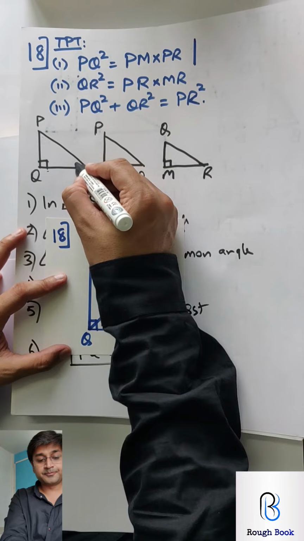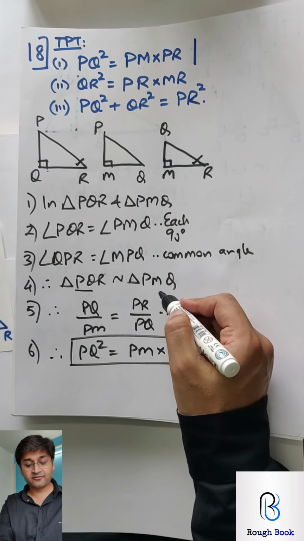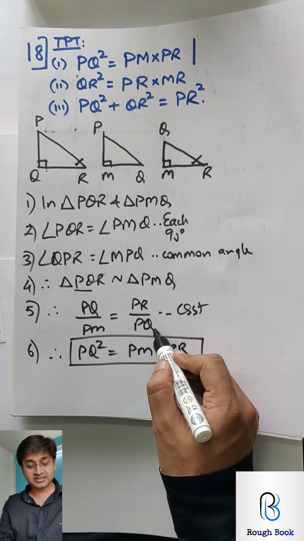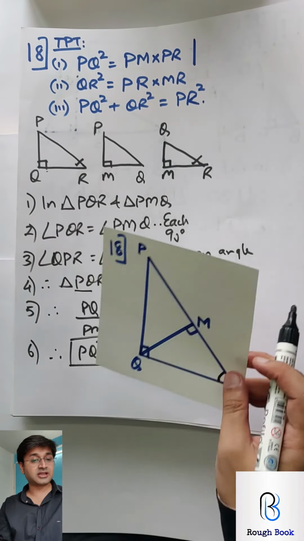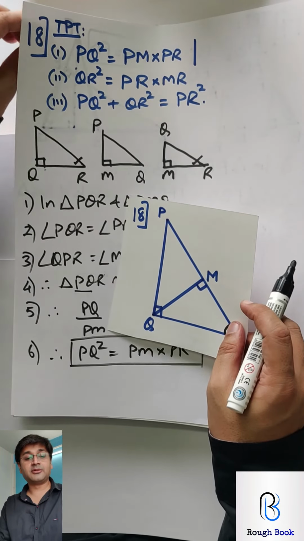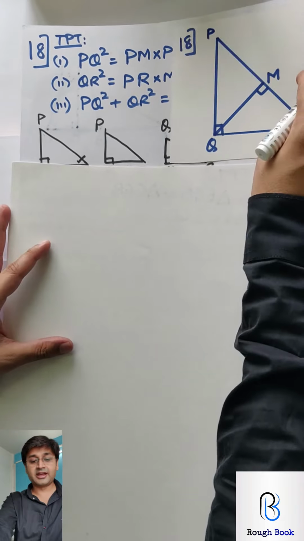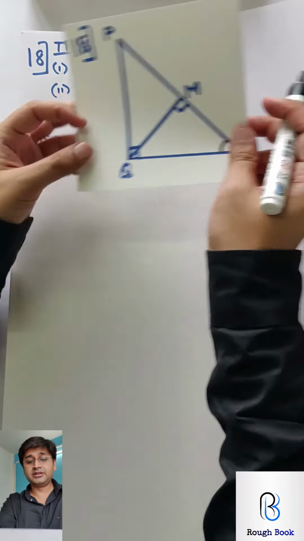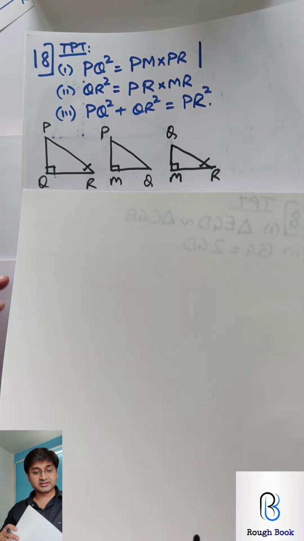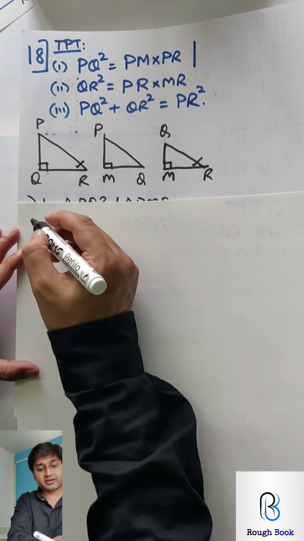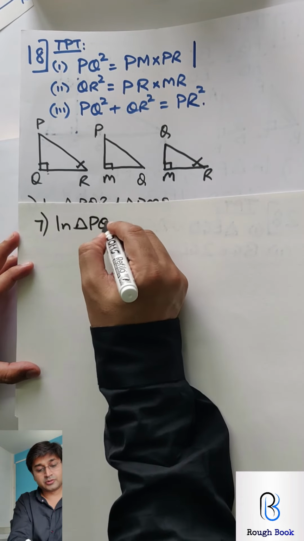One is each 90, second is common angle. Prove the triangles similar by the same 4 steps. 5th step CSST, 6th step cross multiply, and you will reach here. So can you write the same 6 steps once again and get me this second part? So I'm taking a fresh sheet and this is my diagram. Right now we don't need this because we can rely on this diagram, so I'm keeping it aside. So next is step 7. In step 7 I will say, in triangle PQR